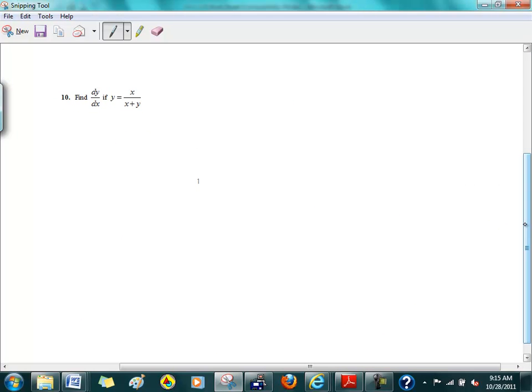Okay, so we're doing this one? Okay. Y prime. Shall we use a quotient rule? Use a quotient rule. So what do we do? We keep x plus y. Differentiate x. Minus keep x. Differentiate x plus y. All over